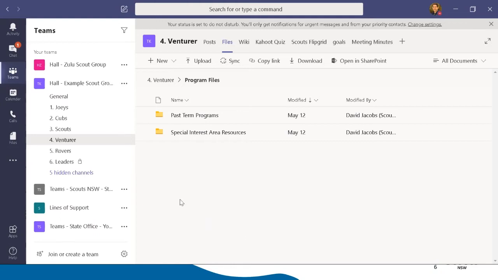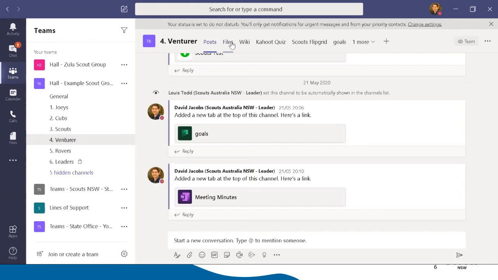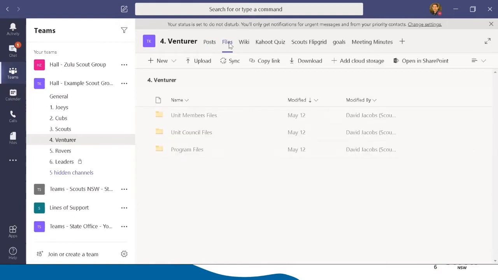What I might want to do now is, we've had a lot of questions on how do I copy files in and synchronize, and using the Teams interface is a little bit hard. So we've got a good answer for you on that one. As you can see, when you go into the files area of Teams, you have this little sync button. So on your laptop in Teams, you click on the sync button,